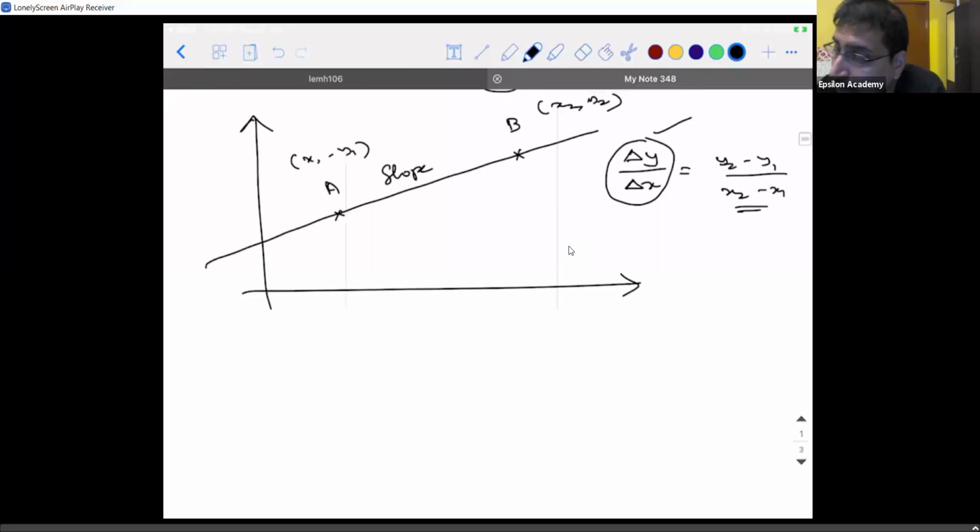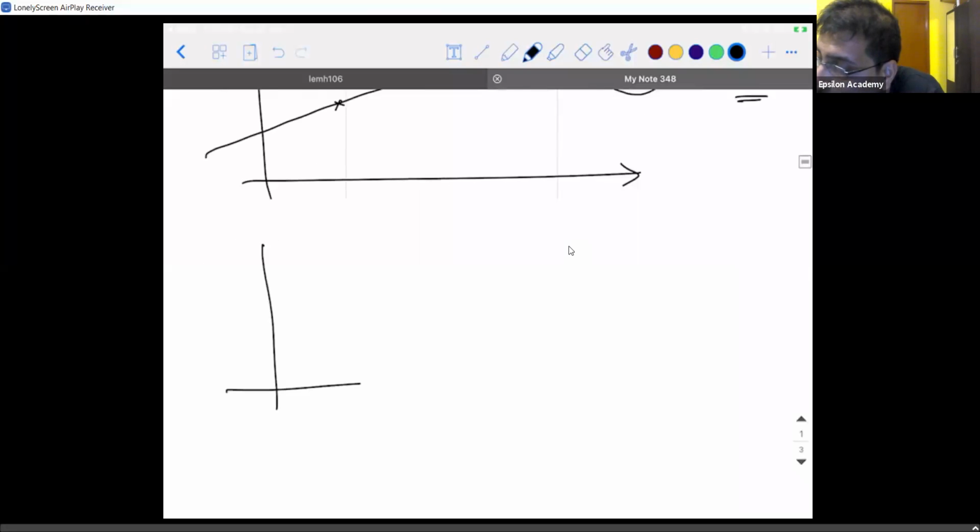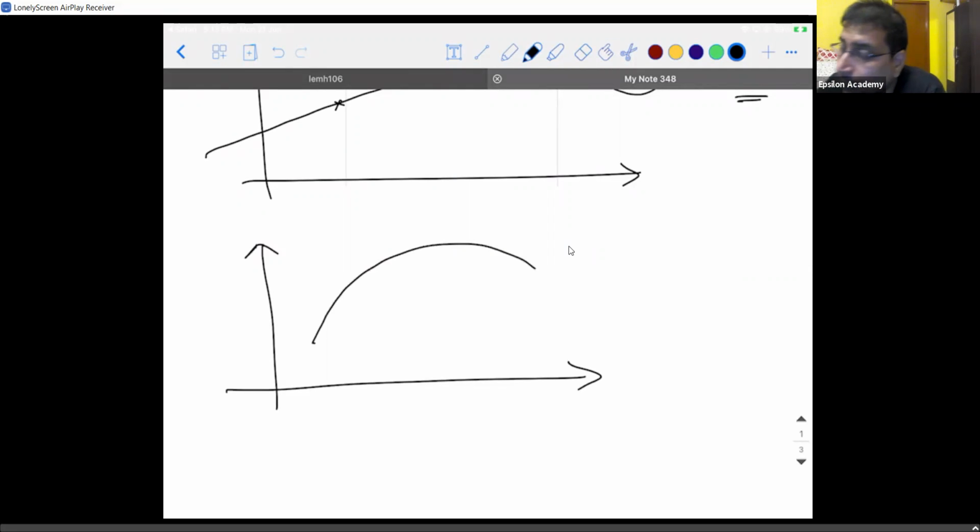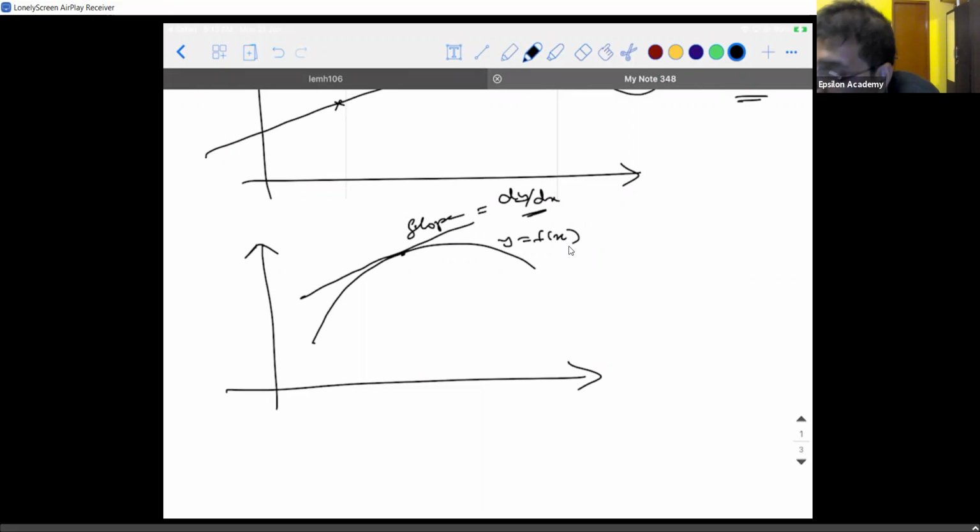Whereas if I change the straight line into a curve like this, then if I take a point here and call this line y is equal to f of x, and I ask you what is the slope of the tangent, what are you going to say? Is it not dy by dx, guys? Which is going to give you the instantaneous value, meaning the slope of the tangent at that point. That is what I've been telling you right from the beginning.